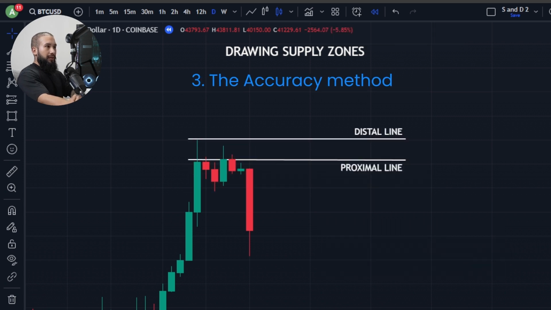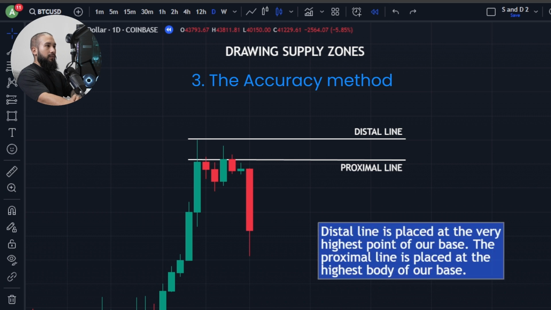For the third method, we have the accuracy method. It is where the distal line is placed at the highest point of our base, and the proximal line is placed at the highest body of our 50% candlesticks. As you see here, the distal line is at this wick, and the proximal line is at our highest body